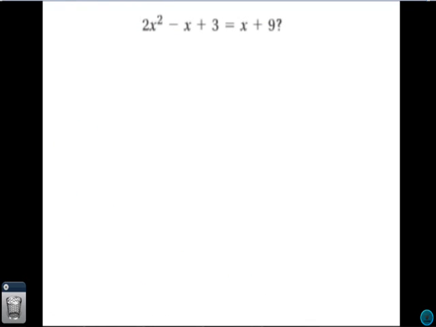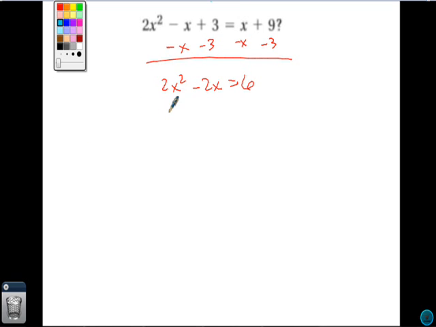Okay, let's go through this one step at a time. The first thing we're going to do is get the x's on one side and the constants on the other. To do that, I'm going to subtract x from both sides and subtract 3 from both sides. I do that, and I have 2x squared minus 2x equals 6. I notice that I can divide everything by 2, so now I have x squared